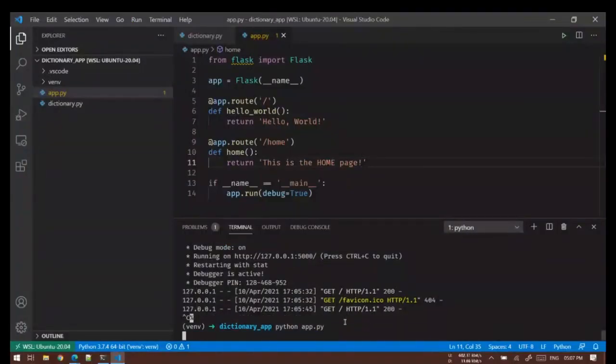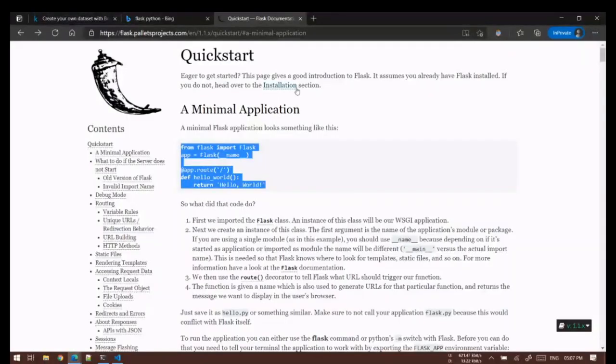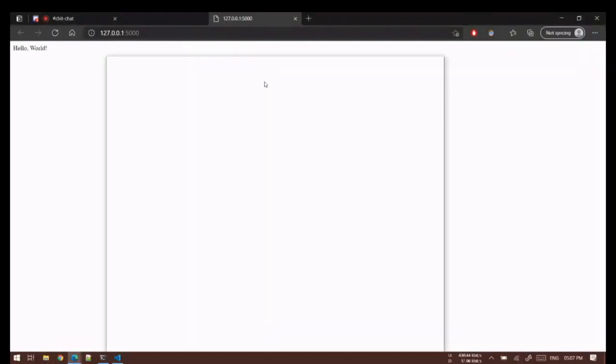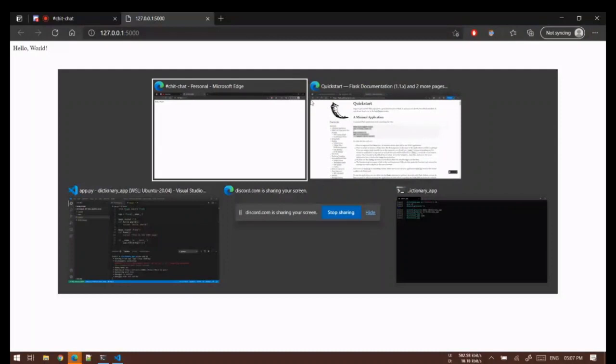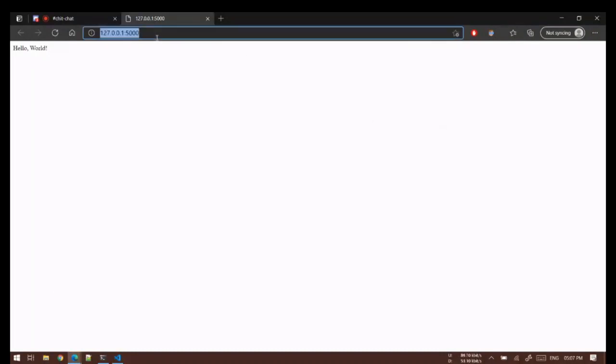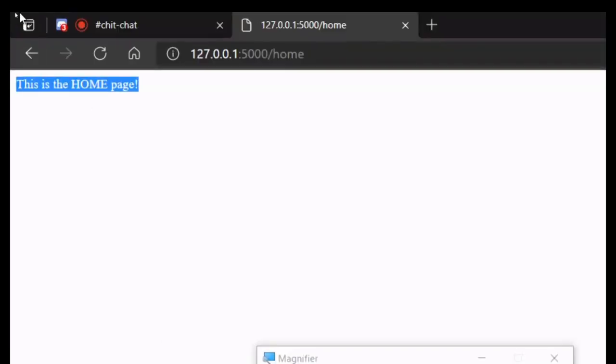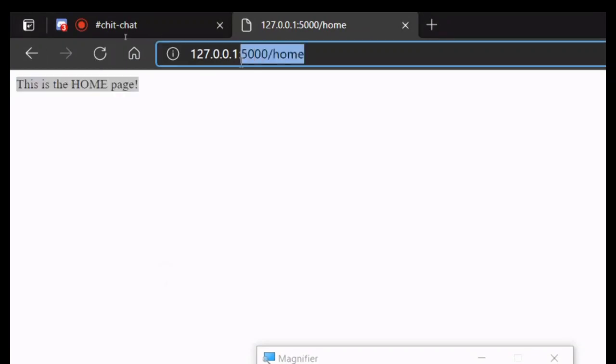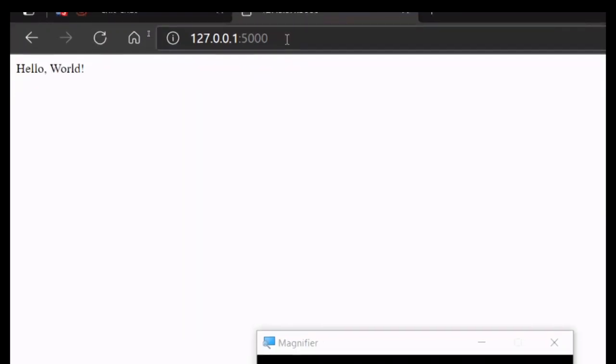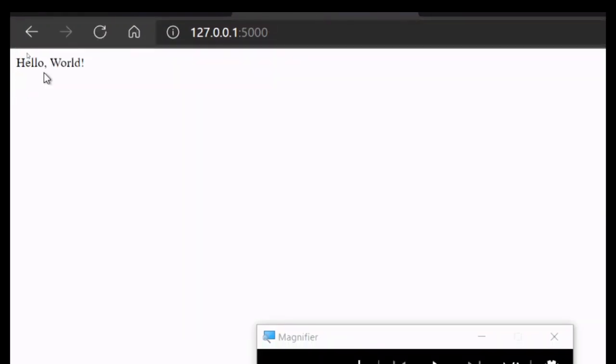So I'll run this app again, and then if I say slash home, you can see this is the home page. So for this URL, it's returning home. And if I remove this and press enter, it will simply return hello world.